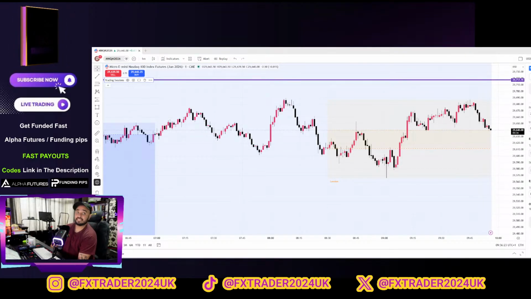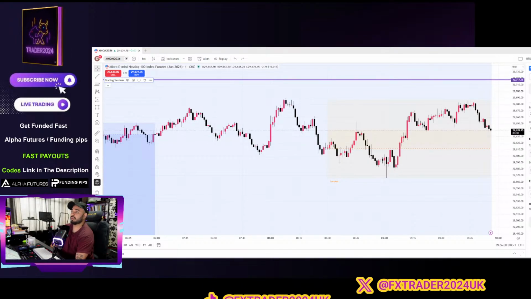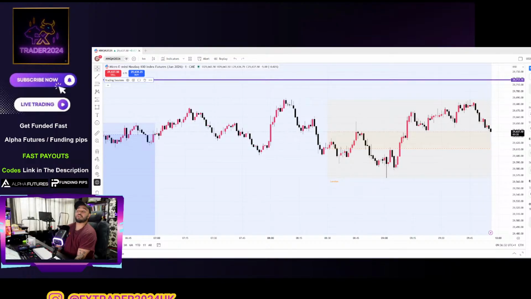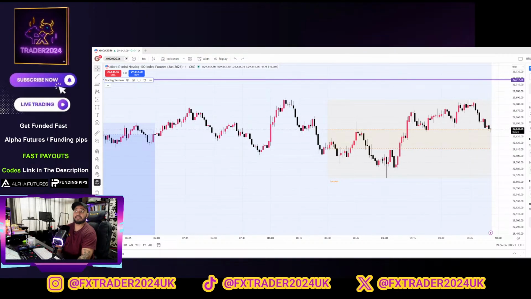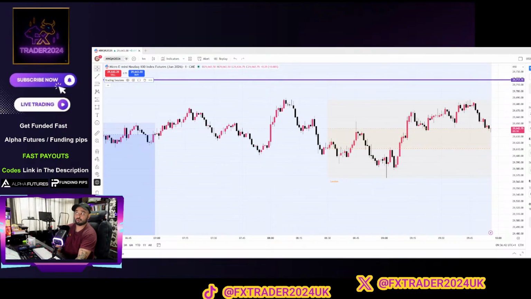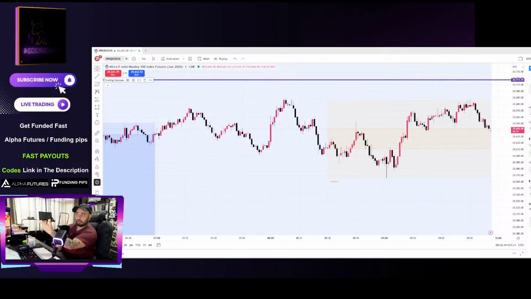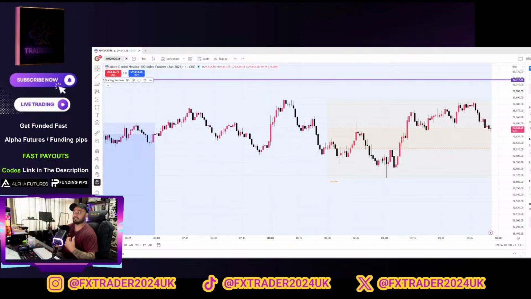But for trading, this is the only trading account I have. So brokers, what I was saying about brokers last time, you can have offshore brokers. They let you use very high leverage, so 1 to 500, 1 to 1000 leverage. Those are the offshore brokers. But then you get brokers on TradingView that are more trusted brokers, like IC Markets, Black Bull Markets,